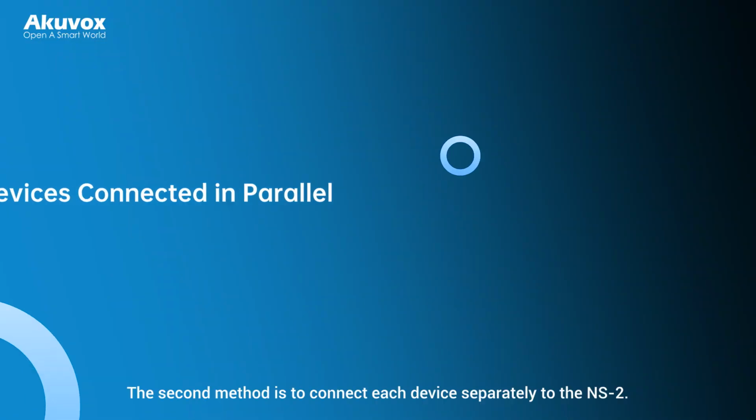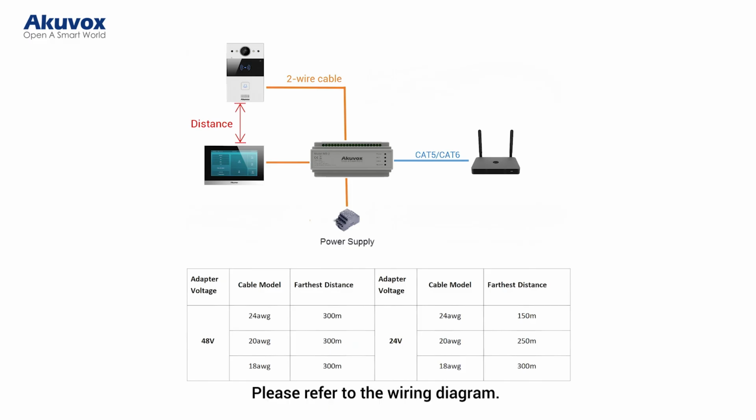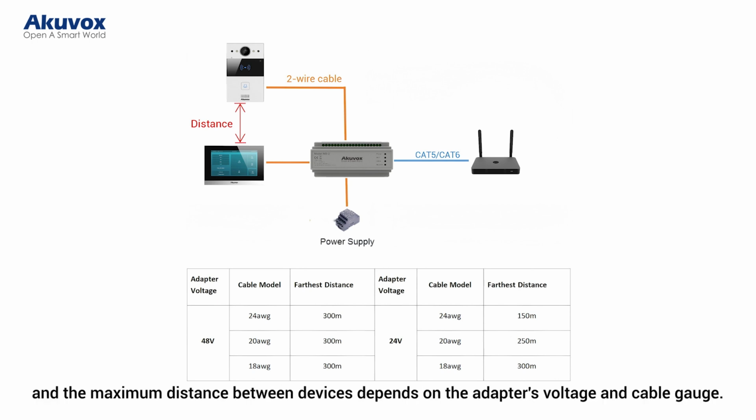on. The second method is to connect each device separately to the NS2. Please refer to the wiring diagram. Each NS2 can power up to 6 devices, and the maximum distance between devices depends on the adapter's voltage and